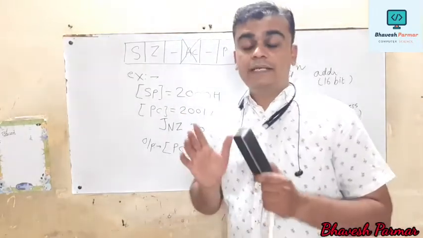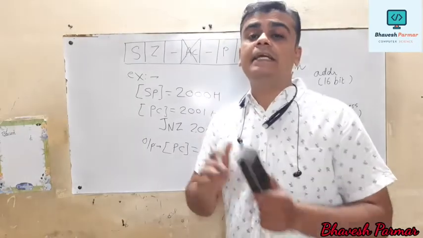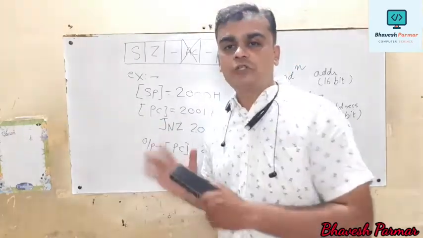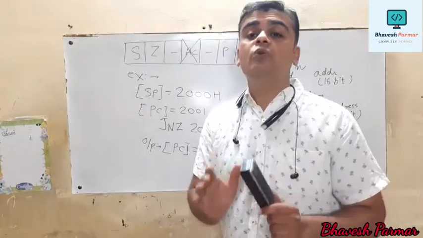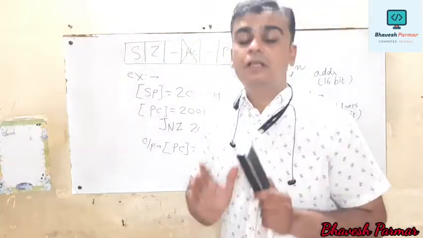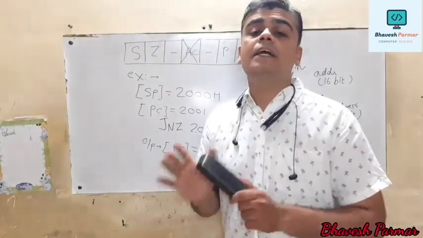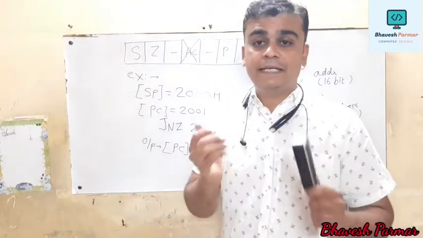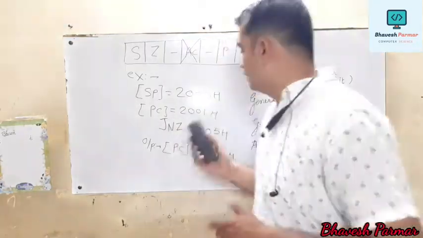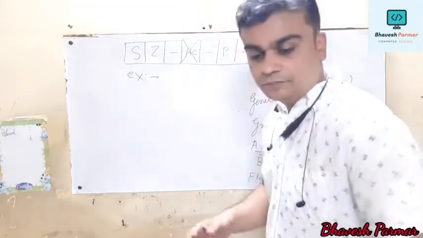In this way it will execute like the unconditional jump instruction. In the case of an unconditional jump instruction, without checking any condition, it directly executes a particular instruction. But in the case of a conditional jump, what happens? You have to check a particular condition. If that condition is true or gets satisfied, then and only then you execute the particular statement. Otherwise we directly skip that statement.